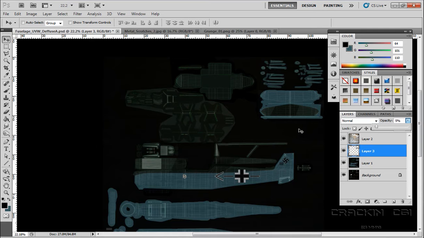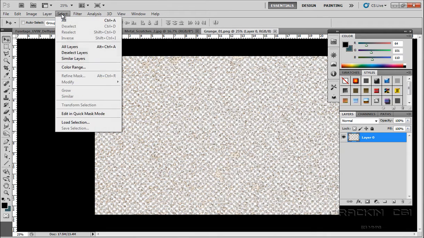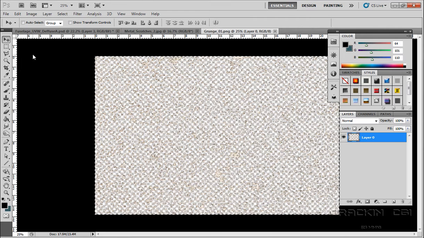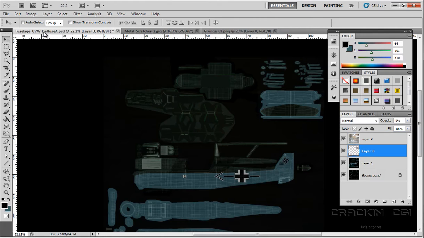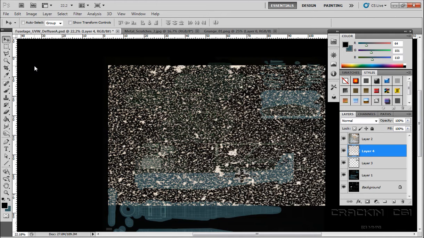Okay, well, with that done, I'm also going to apply another grunge texture, and it's this one here. Now all it is a straightforward grunge which is set onto a transparent background. So I'm going to select all of that, go edit, copy, now back into our fuselage section and go edit, paste. And you'll think, oh my god, don't worry. Right, let's go edit,